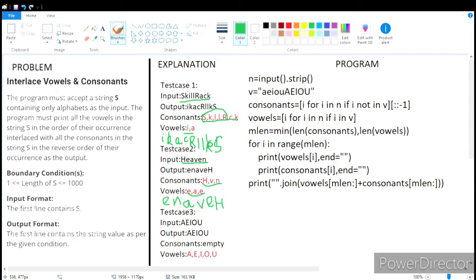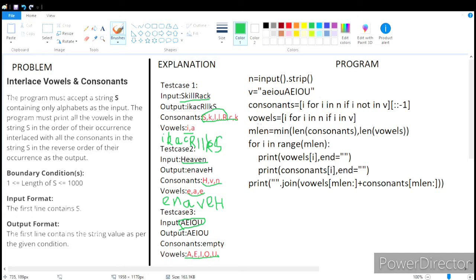In the third test case, all are vowels, so we need to print it as it is. Since the consonants are empty, there is no interlace of vowels and consonants.